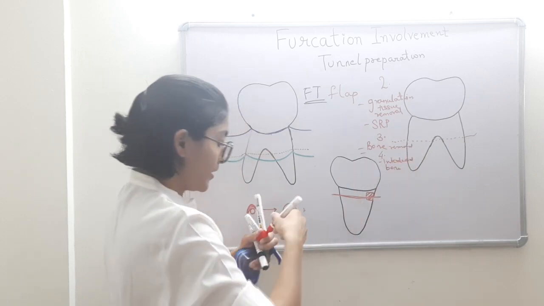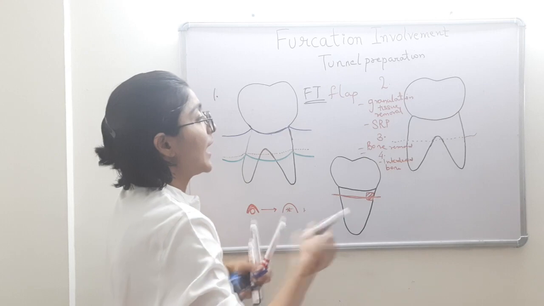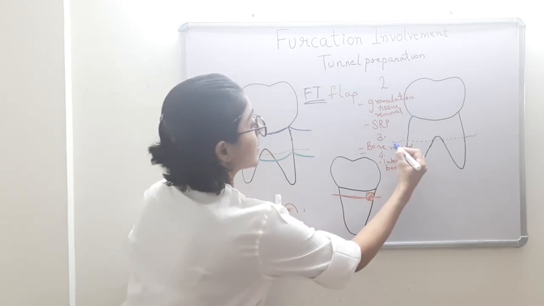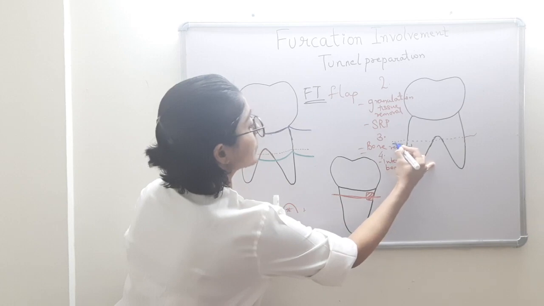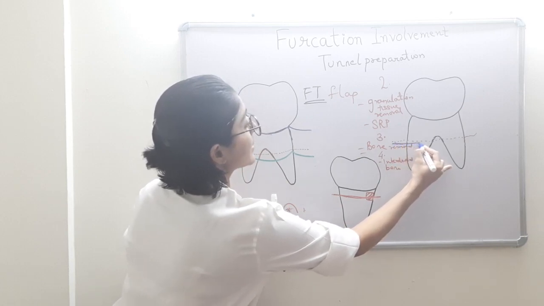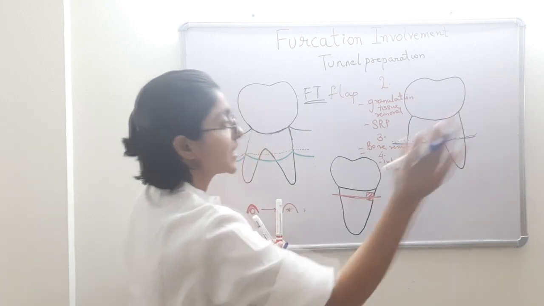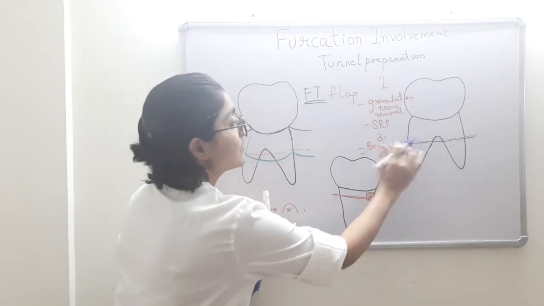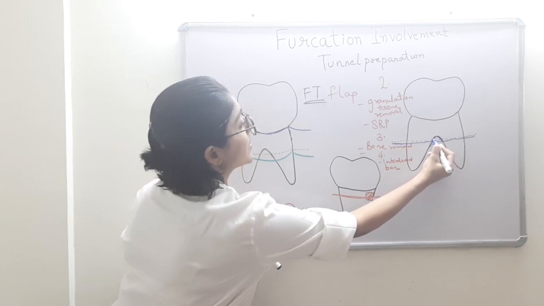So this entire alveolar crest is now made, and I will draw it with another color for clarification. The final alveolar crest level will be somewhat a flat outline, without being too radical, let's just say comparatively flat. So this is our flat outline, and we get this wide furcation entrance which is going to be clinically visible.